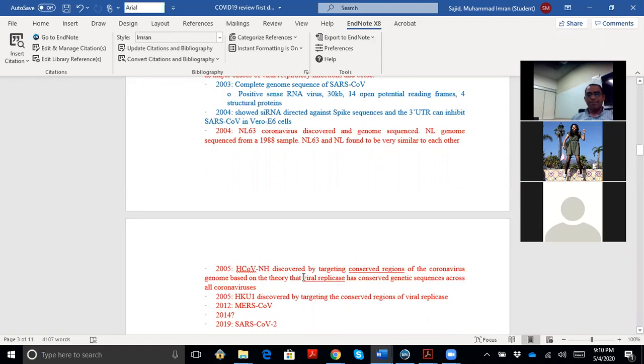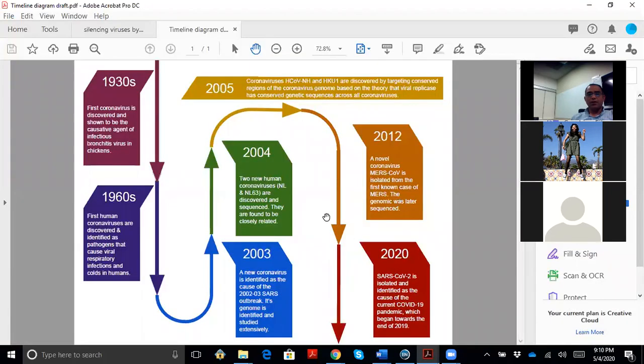Now, another thing we may need, and I don't know if you will be able to do it or not: for instance, this 1930s, we need to cite this somehow. And similarly with the 1960s, so this is a study, right? We need to cite these studies. Yeah, that's what I have in my write up. Oh, that's wonderful. You know how to use EndNote. I was having trouble with it, so I just started citing it manually, the way I normally do.